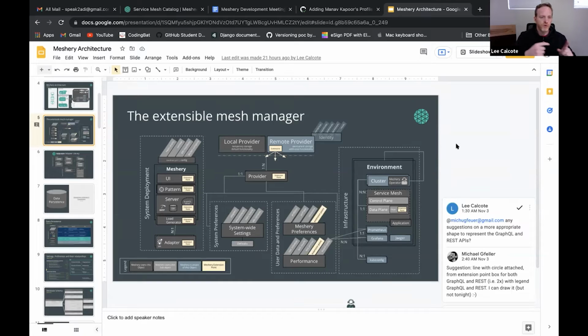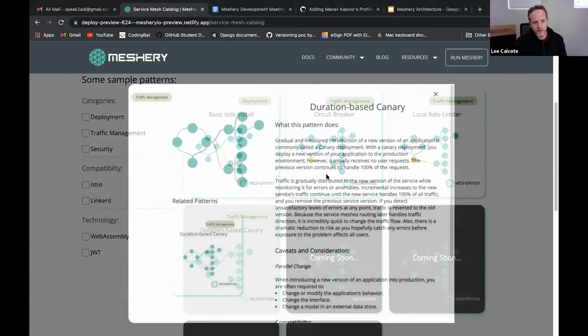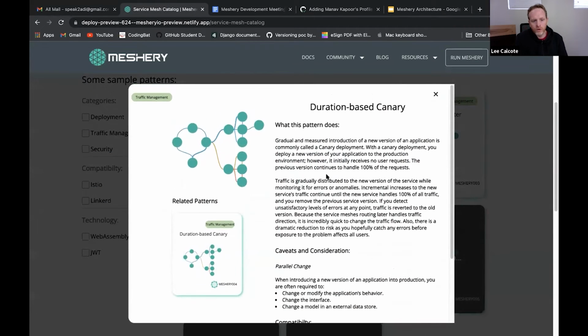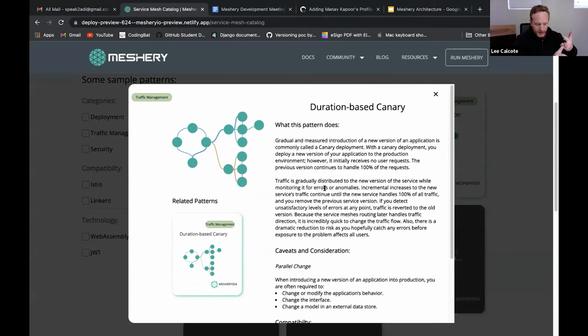Having said all that, if you go back to what Aditya was just showing in that service mesh catalog, these patterns that are emerging are, in my mind, one form of content. A pattern, a filter, your workload, like an application, and then ongoing, you can have more. And so I was speaking with one of the Artifact Hub maintainers yesterday about,